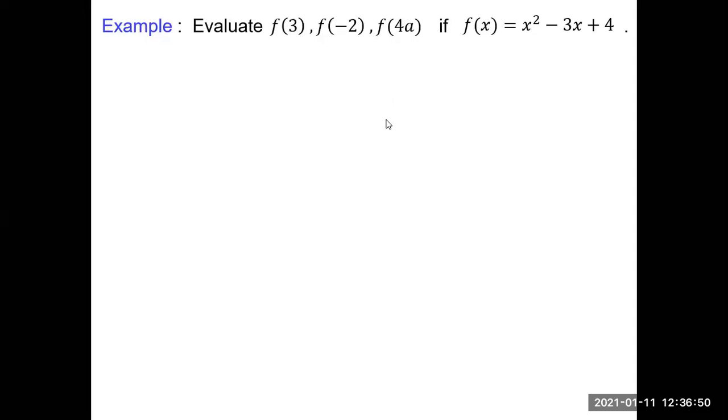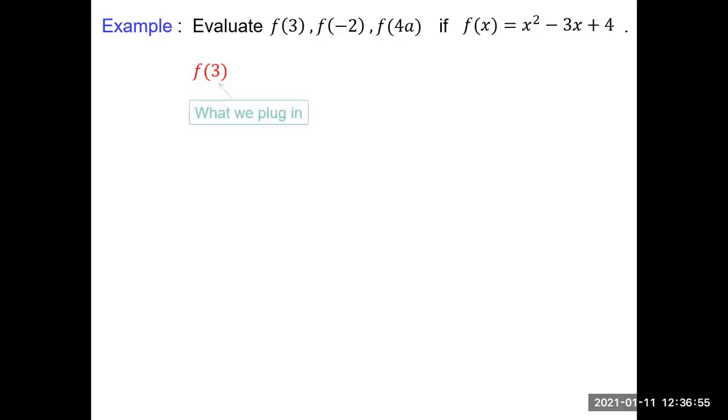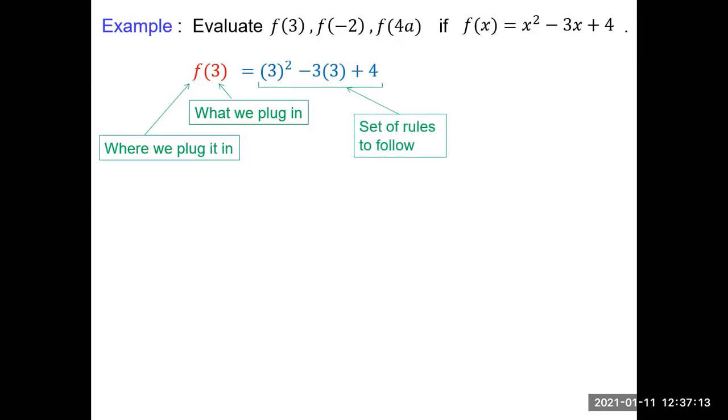So if we start with f of 3, notice that all that means is we're going to replace each of the x values with 3. But where are we going to plug it in? We're going to plug it into the equation that we're calling f, or in other words, f of x. So that means on the other side, we're just simply going to plug 3 in for all of the inputs